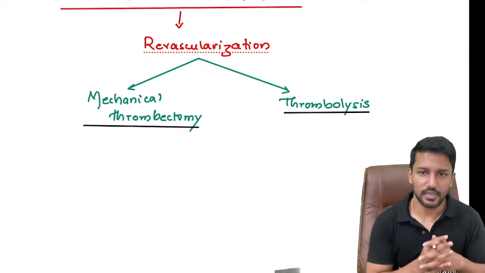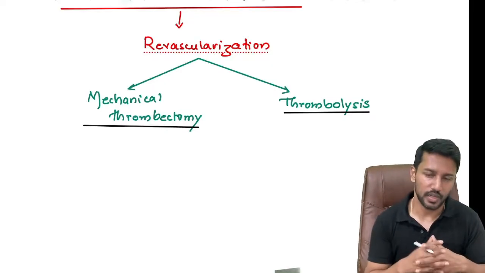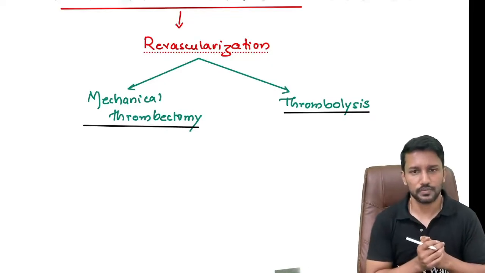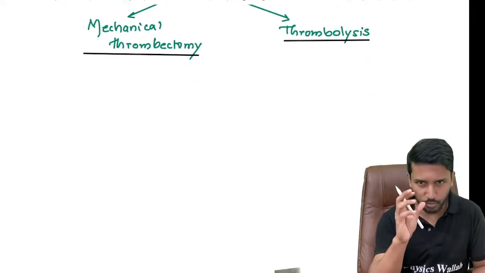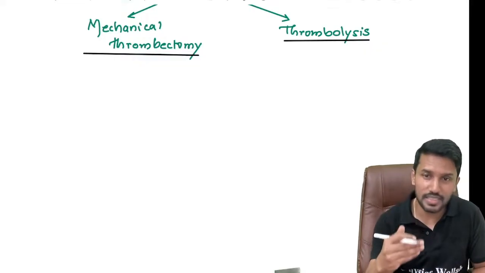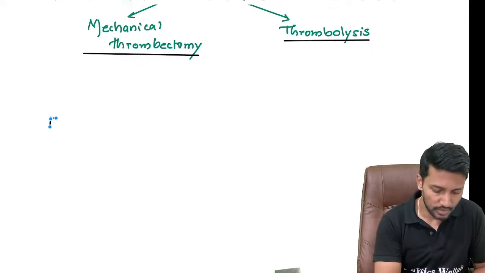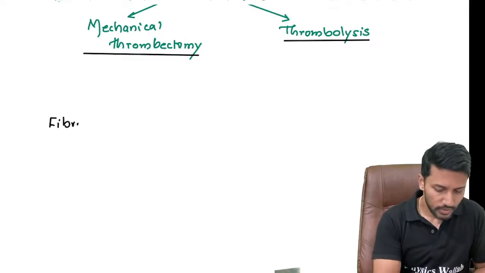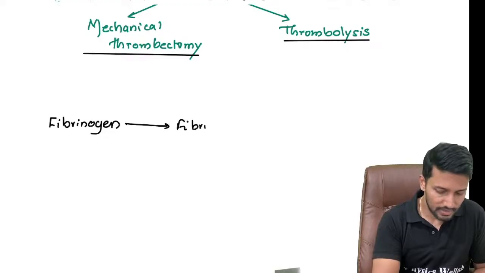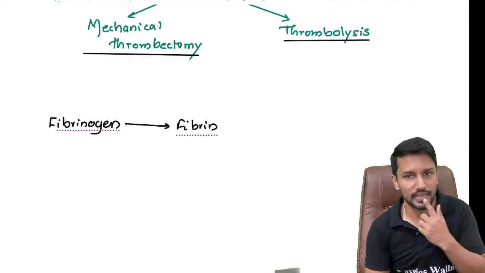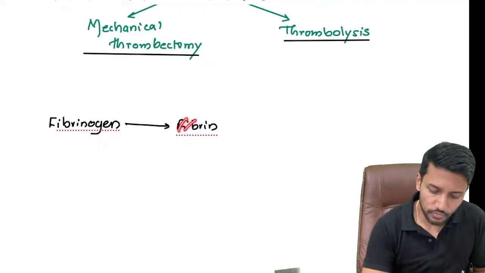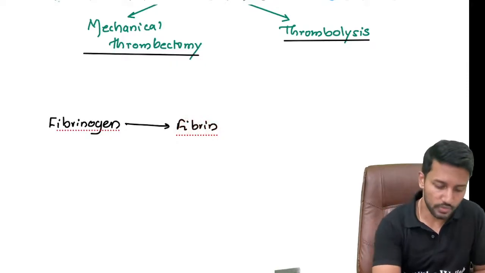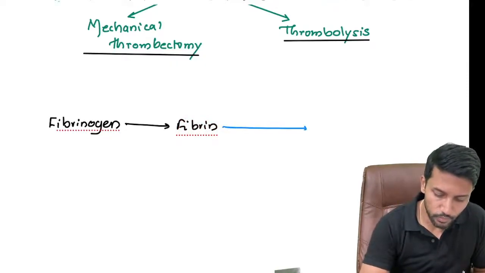Right, alteplase, tenecteplase, reteplase, right? What is their mechanism of action? Normally, when we make a clot, the clot has a platelet plug, and then the platelet plug is reinforced by fibrin, right? When we create fibrin, we have to activate fibrinogen to fibrin, and the steps involved in this are our coagulation cascade. Normally, when a clot is formed in the body, after its job is done, this fibrin clot needs to be dissolved. So how do we dissolve it? This fibrin gets broken down